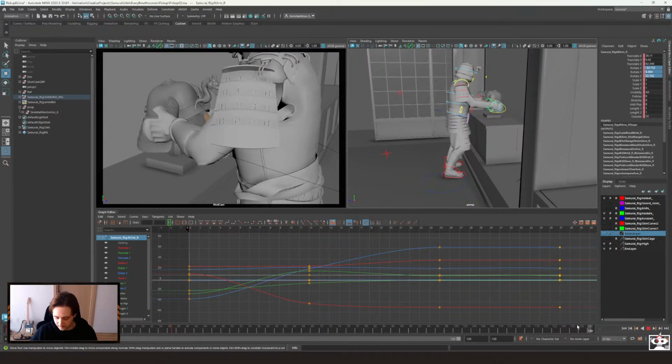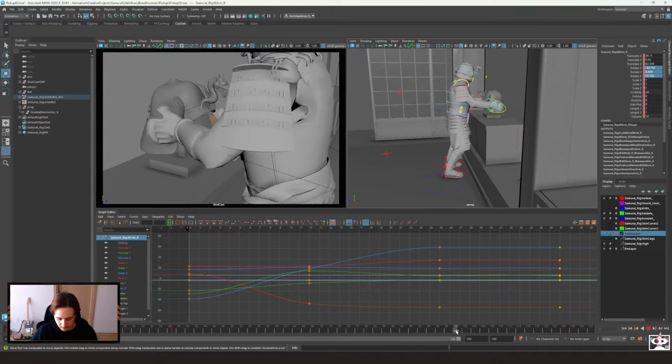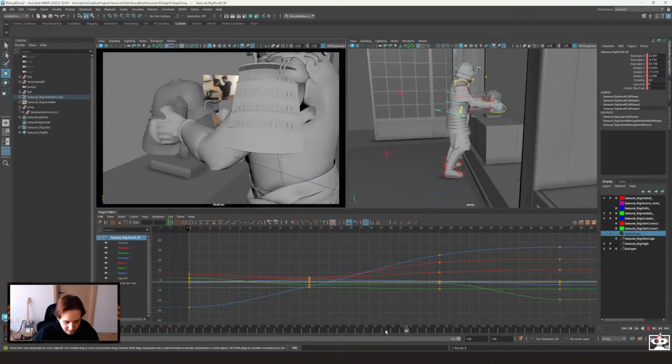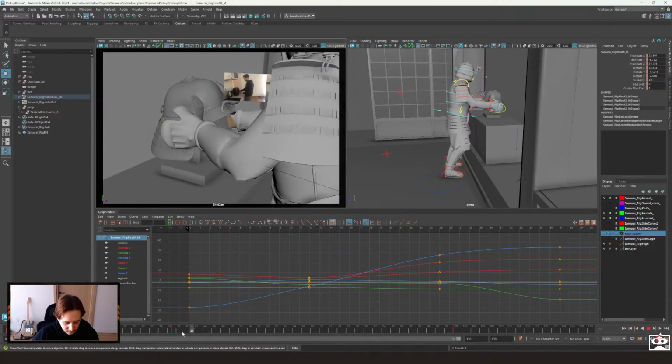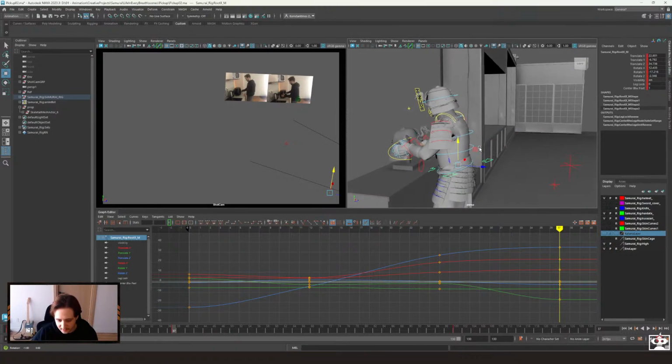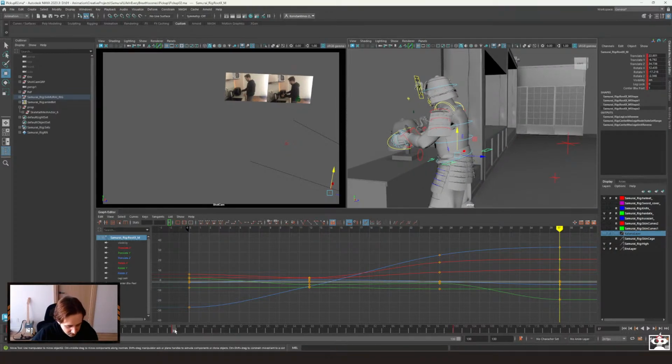And yeah, I'll add basic keys based on the reference just to see what happens. And I want to finish there, so I'll hide here the polygons and try to just adjust it from here. So let's see, here